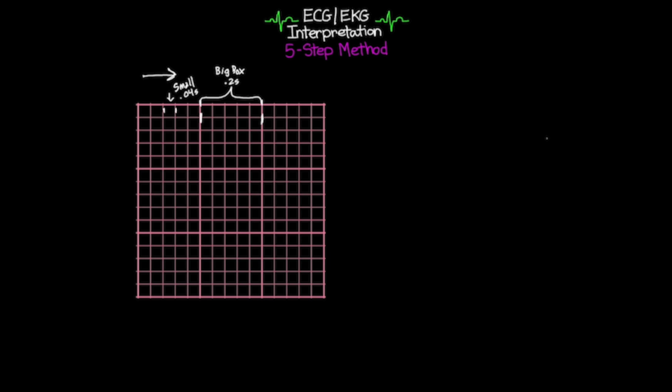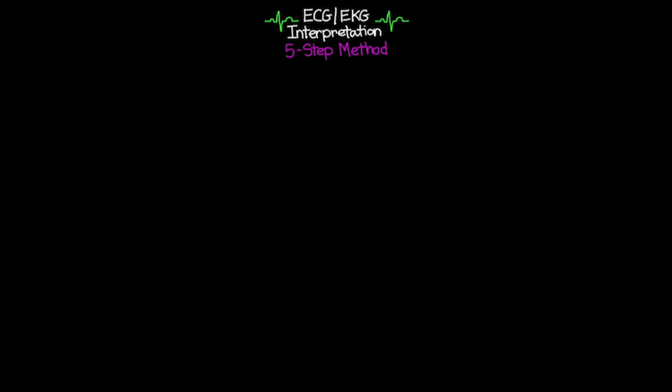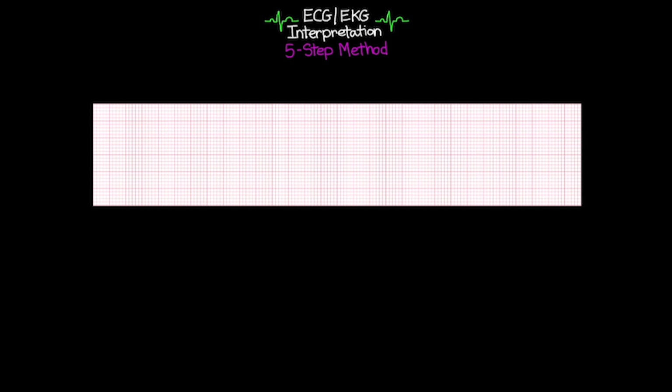And basically what we'll do is we'll use these boxes and look at the ECG rhythm that's printed out against them and use those to determine how much time is taking place on certain parts of that ECG rhythm. Now I do want to show you what a typical rhythm strip will look like. And so this is an example of what the paper is going to look like if you print out the